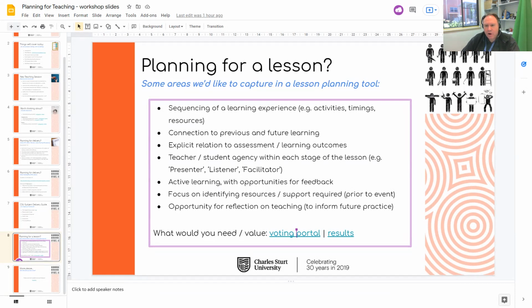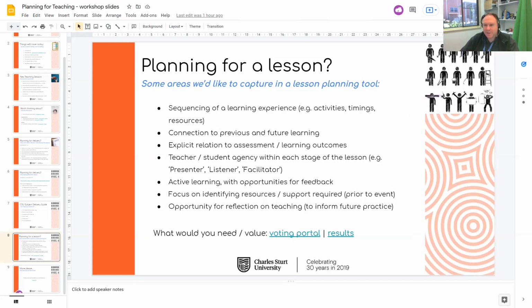However, another school of thought in our context is that we have common types of delivery, such as planning for an online meeting, that might be worth developing a planning tool for, specifically just for that type of event, rather than a more generic sort of lesson plan as such. So we're certainly taking all feedback that we can on that at the moment.